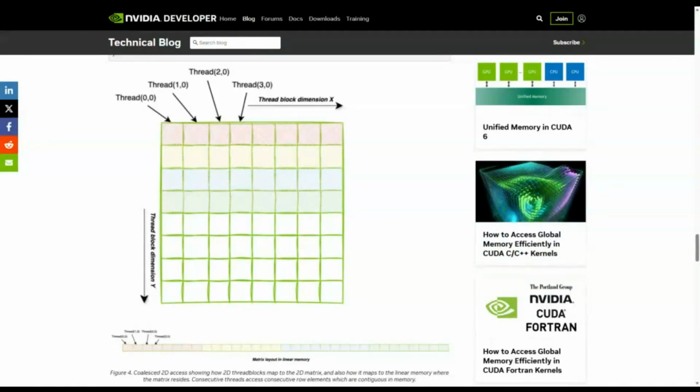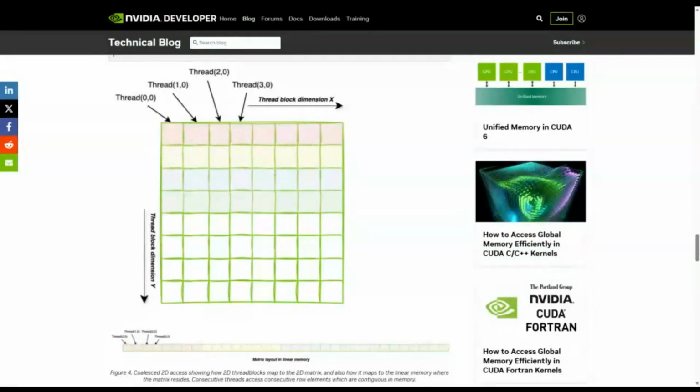One thing is the representation here, which is in two dimensions, but in memory the first row will be here, the second row here, the third here, and the fourth here. So if each thread accesses one position of the array,